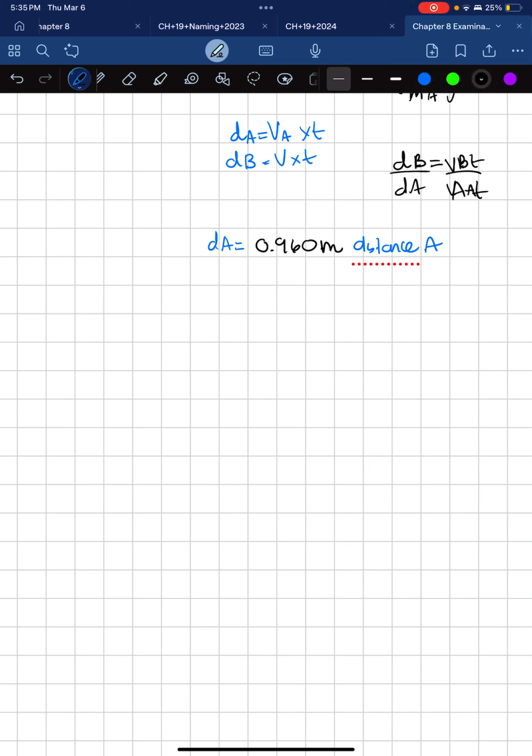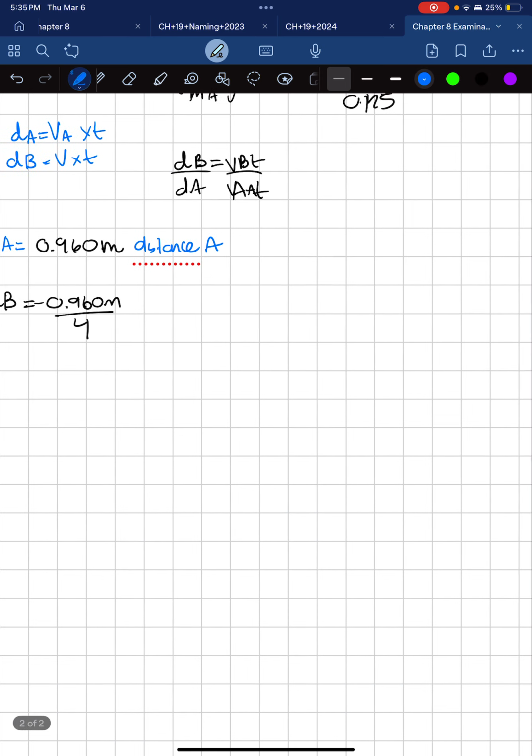And now we're gonna use the formula that we found, and then we're gonna plug that in to get the distance of B. Then we have this over here over 4. It's gonna give us a distance of the glitter B when it moved of 0.240 meters. This was a bit complicated just because we have to find the formula from the start. Well, we have to solve for something else. So,